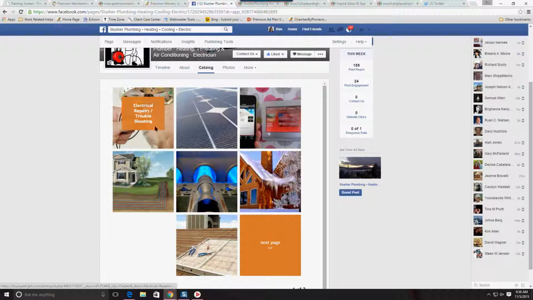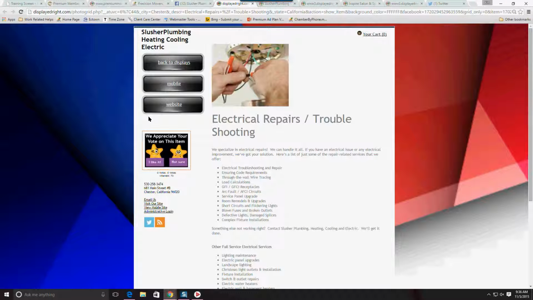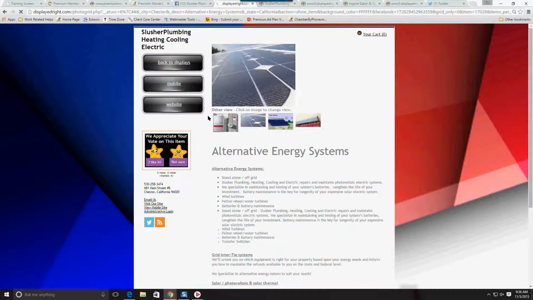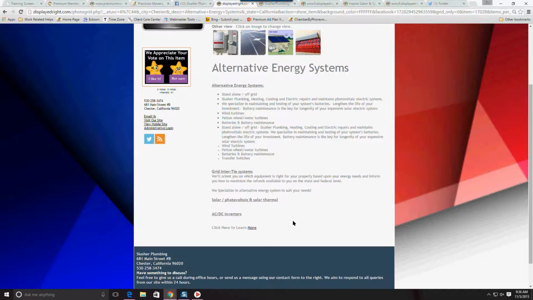I can actually click on these, and so here's the electrical repairs. I'm going to go ahead and click on it, and it's going to take me directly to the second page of their website. If, for instance, you had a product, anyone who visits and views your Facebook page can click on these displays, and they can actually shop right here if you have a PayPal account.